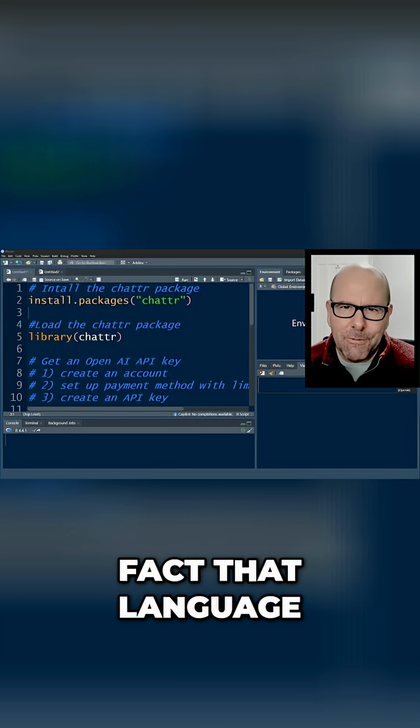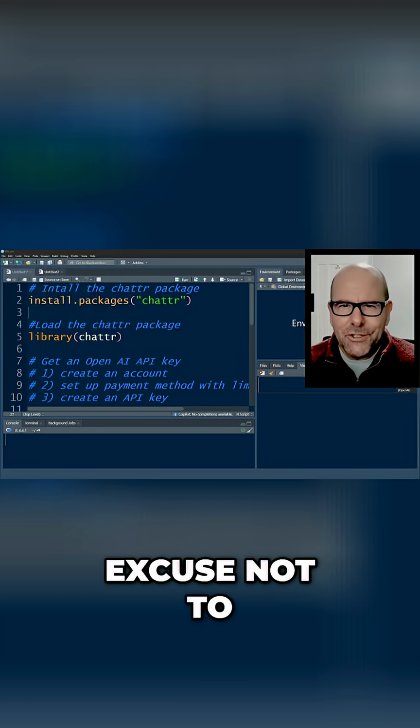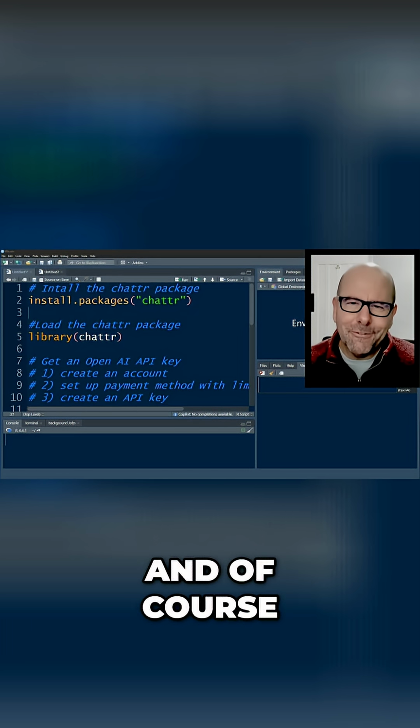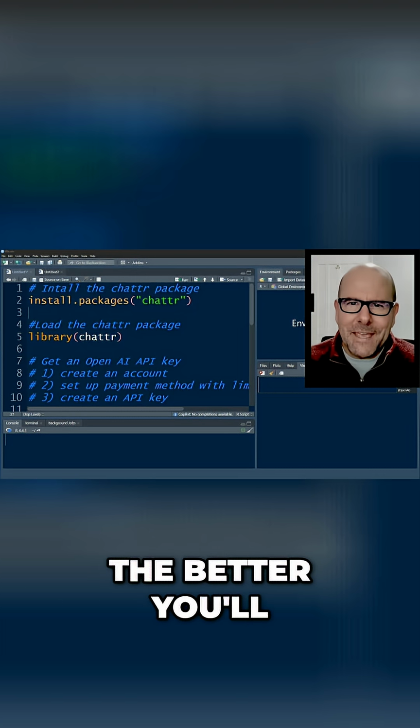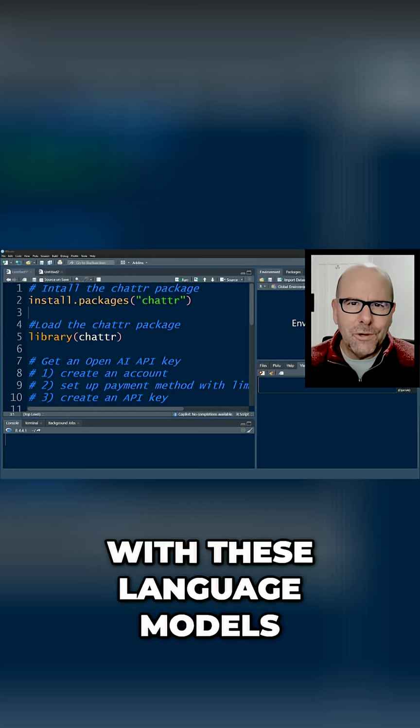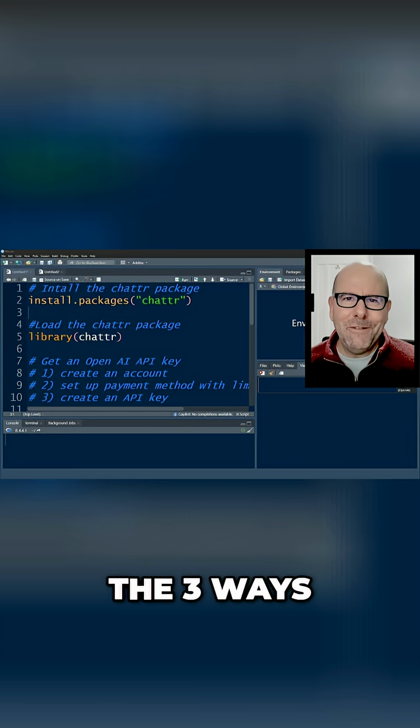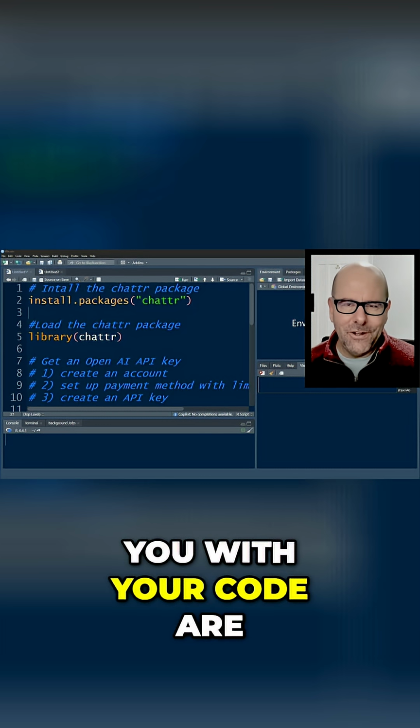Is the fact that language models can write code for you an excuse not to learn how to code? And of course the answer is no. The more code you know and understand, the better you'll be able to engage with and work with these language models. So the 3 ways that you can get AI to help you with your code are: